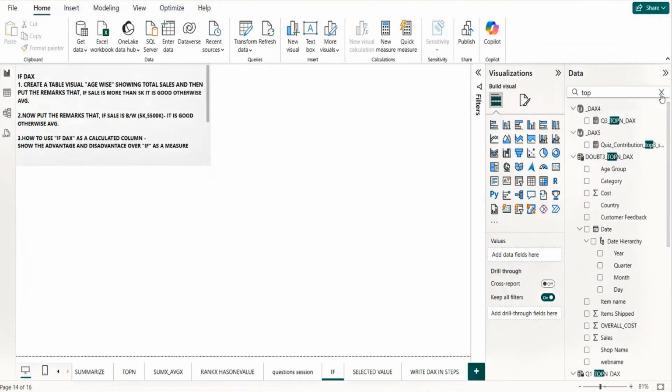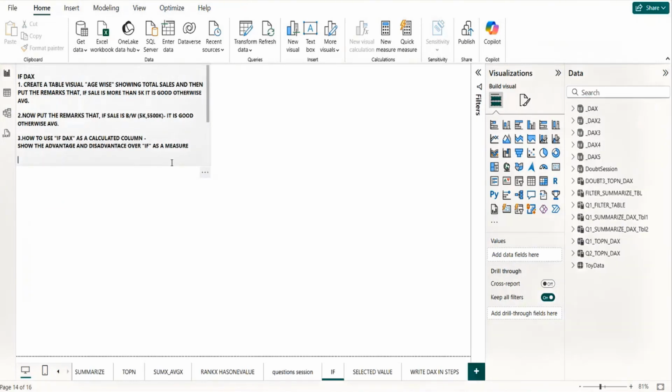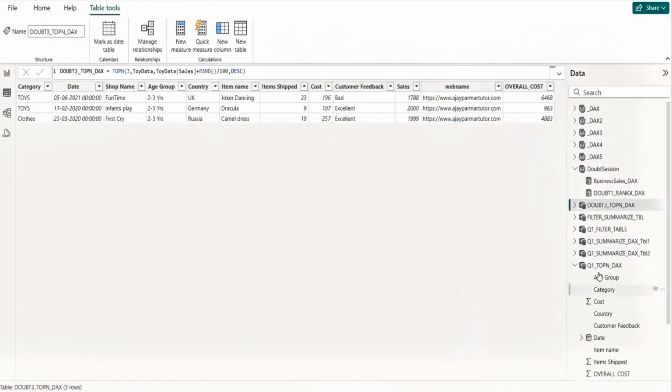so guys, we have the if function also. We have the if function as well. And if is everywhere, in fact. So we use the if as a calculated column, and we use the if as a measure also. Now see, if I ask you, for example, that I need the total item ship numbers,